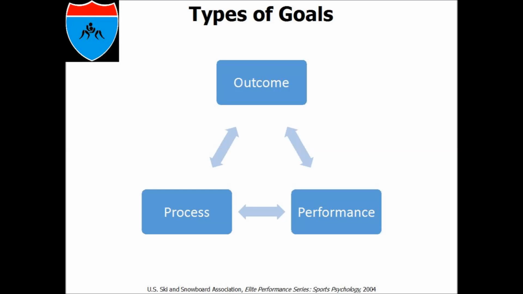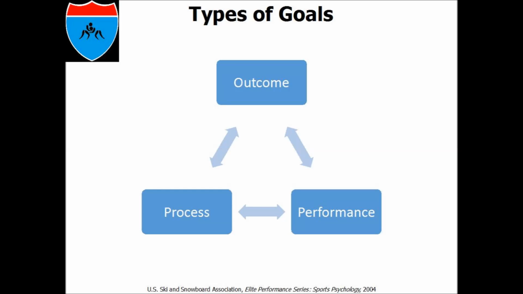Types of goals. Now there are essentially three types of goals, and you can really make it two types. The outcome goal is what just about everybody is used to, right? I want to be a state champion, a junior national champion, an Olympic champion. Those are all result or outcome based, and for the most part they are against an opponent, so you may not have complete control over them. There's also a referee who's describing the score and indicating if that was a point or not a point. So these are somewhat out of your control.